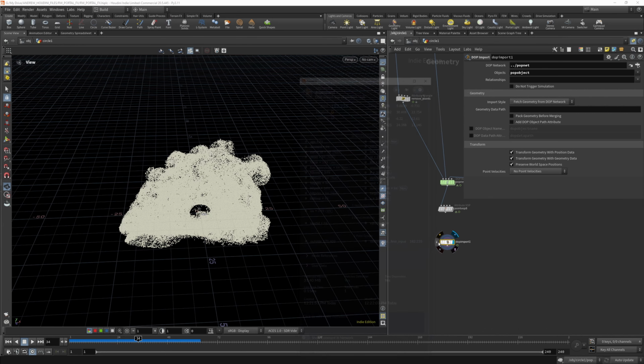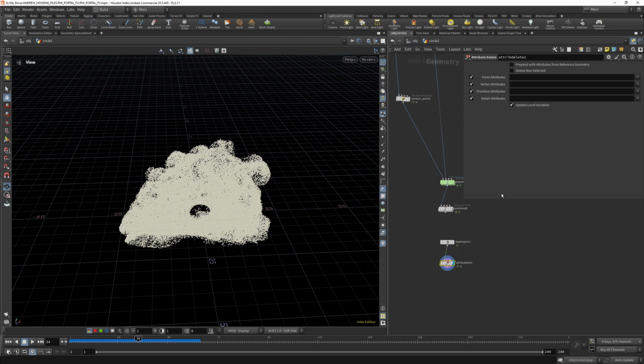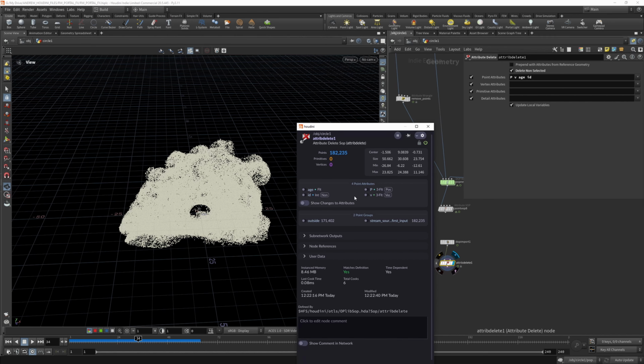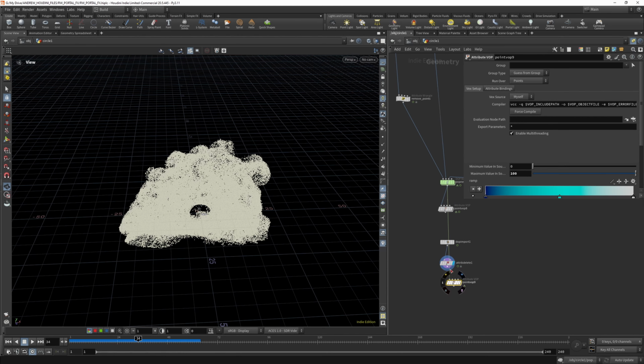And we can remove some of these attributes. So let's delete everything but the position, the velocity, the age, the ID, the life maybe. No, it's just, yeah, that should be enough. Cool. So if we tick on delete non-selected, and we can move our color ramp here,